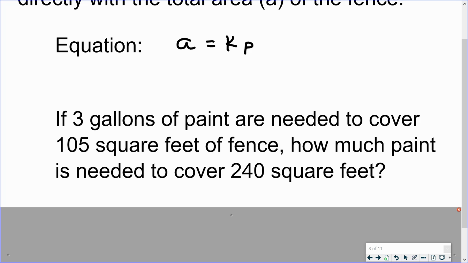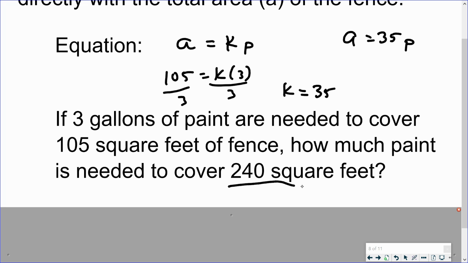So 3 gallons is the amount of paint, and 105 is the area. Divide both sides by 3. So I believe that's 35. So A is equal to